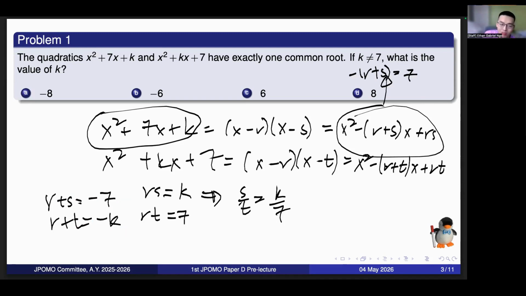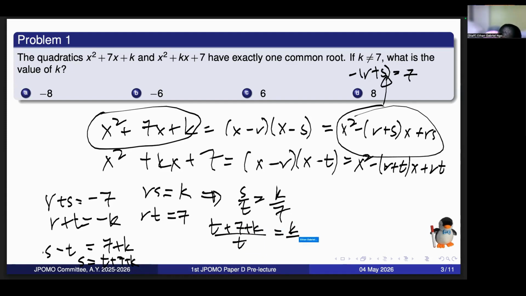So if we subtract both of these equations, we get s minus t equals 7 plus k. And also s equals t plus 7 plus k, which gives t over 7 plus k over t equals k over 7, which in turn gives 7t plus 49 plus